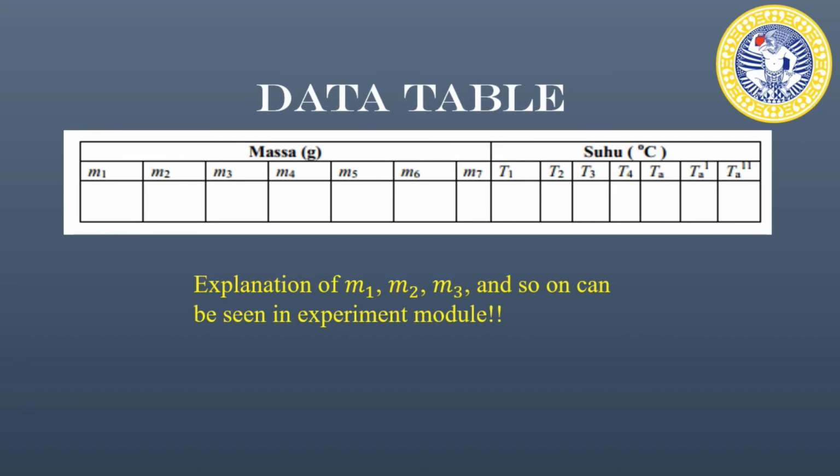They correspond to the measurement results that we already obtained in the previous steps. So you have to check your experiment module to know the meaning, the definition of M1 to M7,